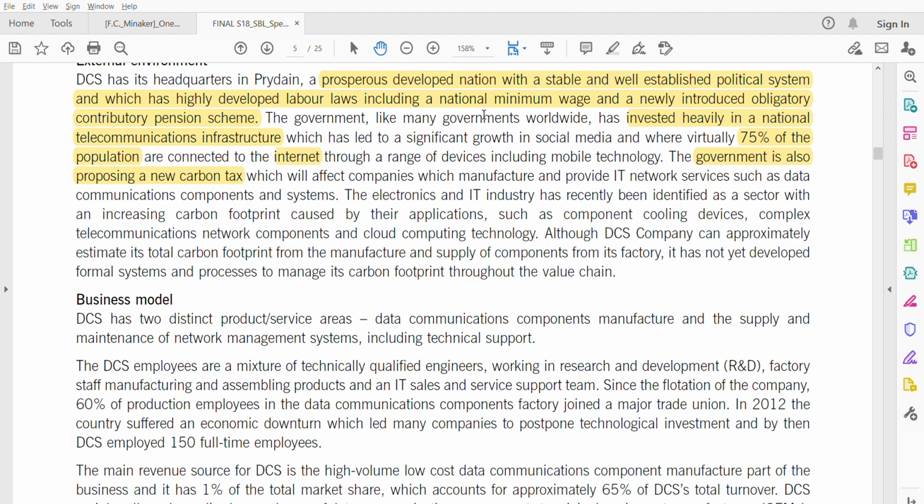The electronic and IT industry has recently been identified as a sector with an increasing carbon footprint caused by their applications, such as component cooling devices, complex telecommunication network components, and cloud computing technology. So this is an industry with an increasing carbon footprint. Okay, sector with